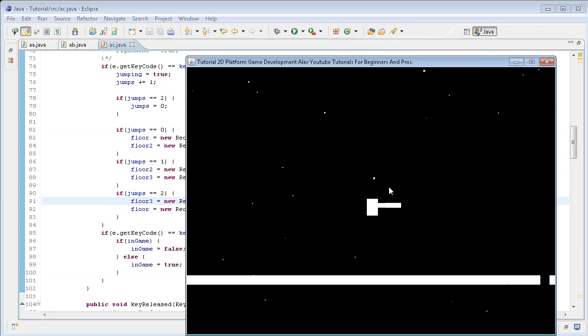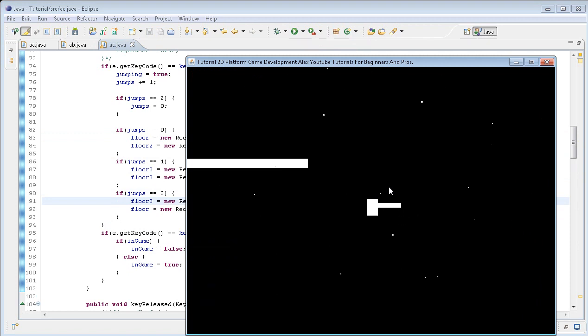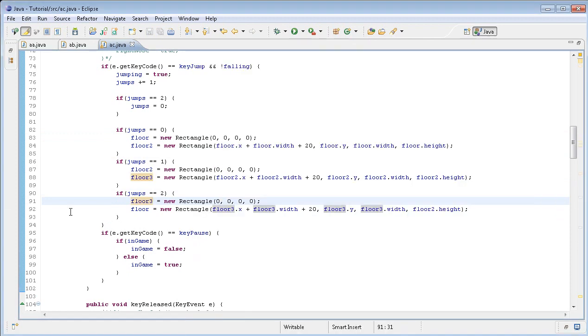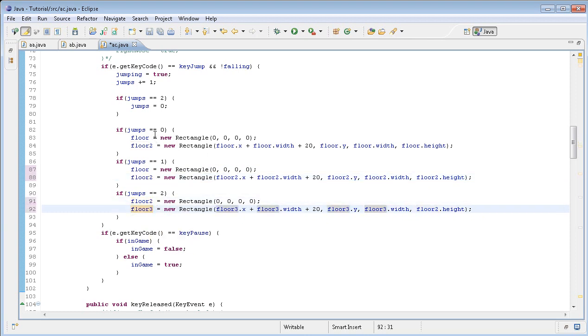Let's see how this goes. When I did the first jump, it should have been equal to 1. Then the floor should go like that. That floor should go like that. And that floor should go like that. Means floor 3. If I run that now,